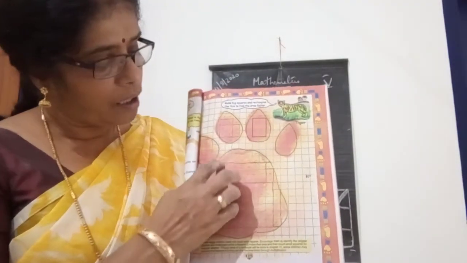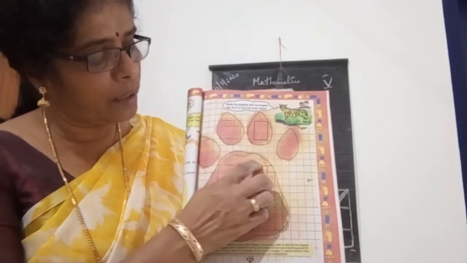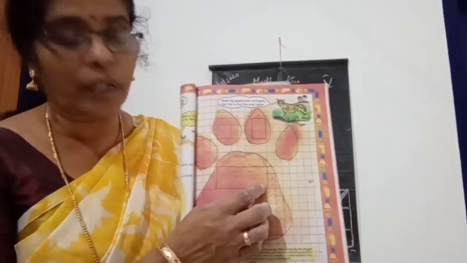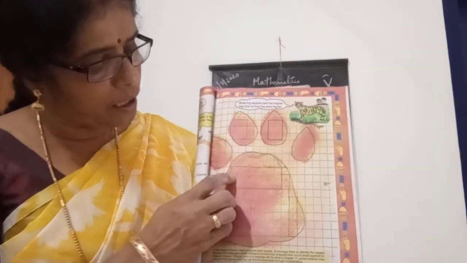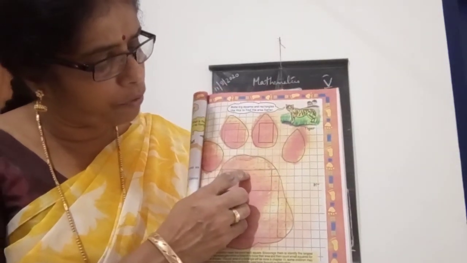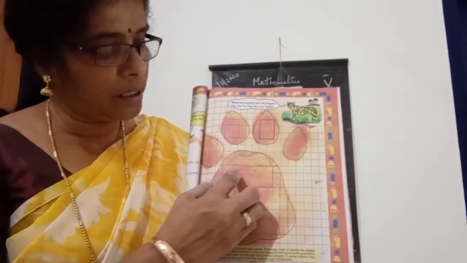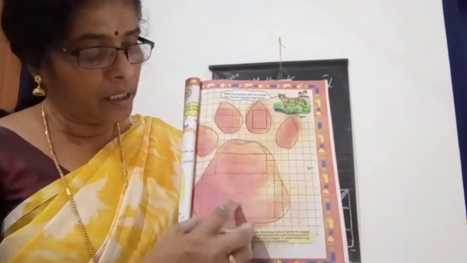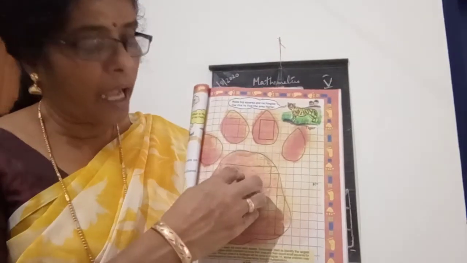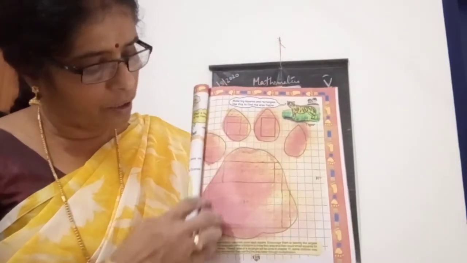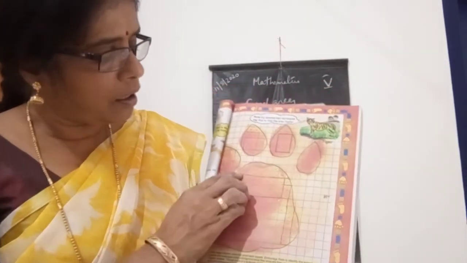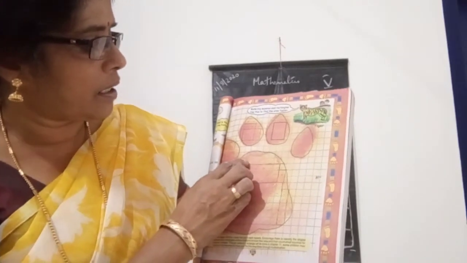And find out the other. Yes, and here also you can make another rectangle. You can make it here. That is 1 2 3, breadth is 3. 1 2 3 4 5 6 7, 7 is the length. 7 into 3, then this one is 21. Here 60 square centimeter and here 21. And the next one you can count. How many completed squares? You can get it here. 1 2 3 4 5 6 7.